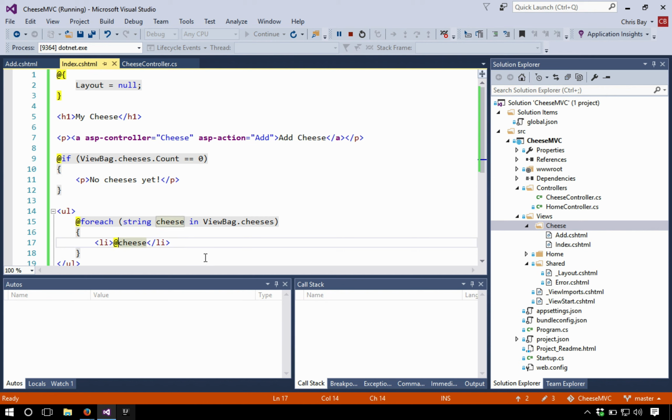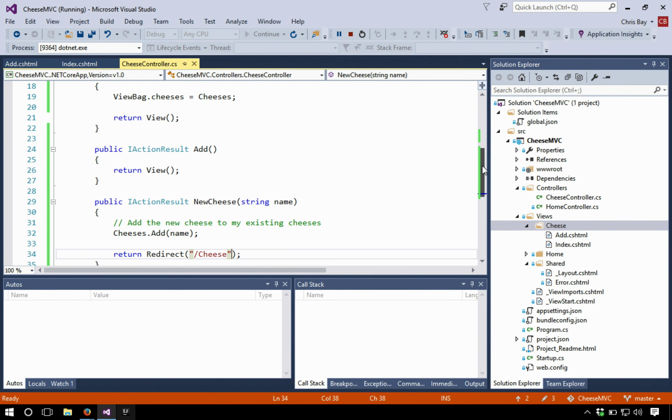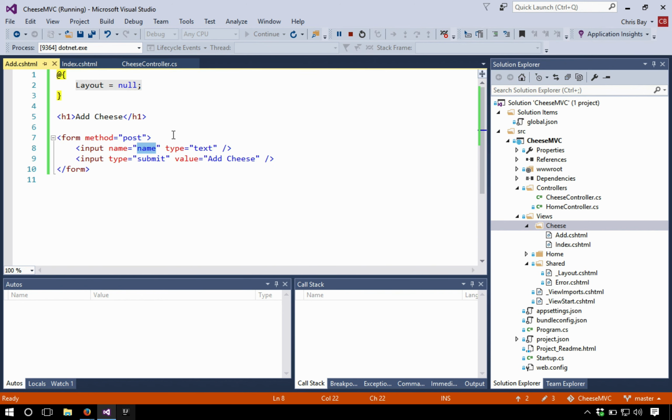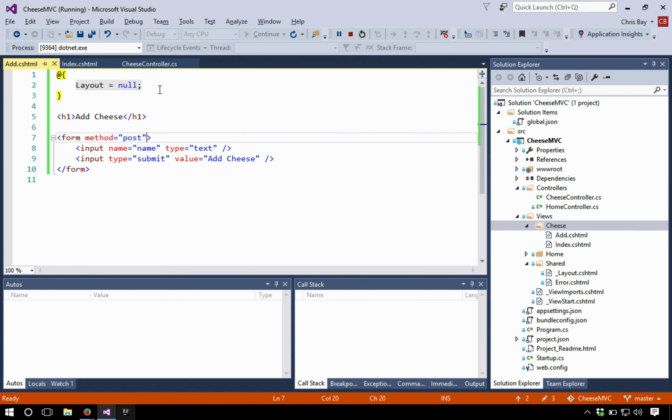Okay, so let's go ahead and look at adding cheese to our list. We should already have that functionality here. We should have a new cheese method that accepts a name of a cheese and adds it to the list. There's one piece that we're missing though, which is that our form, our add form, doesn't have an action attribute, right? So the form itself, in lieu of an action attribute, will post that data to the same URL at which the form lives. So we can use our routing customization to